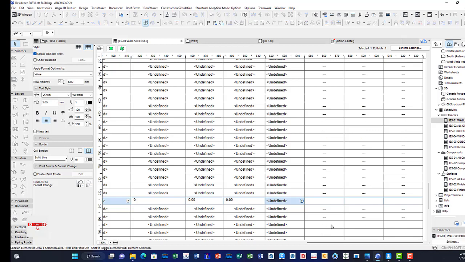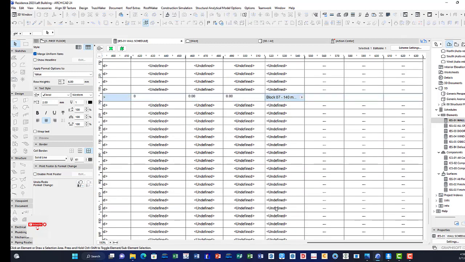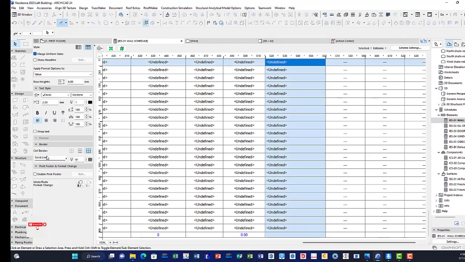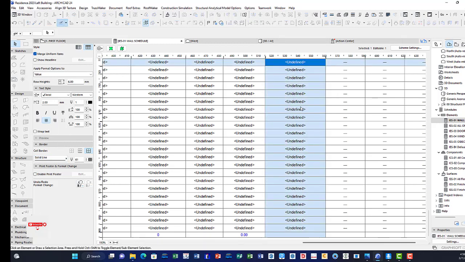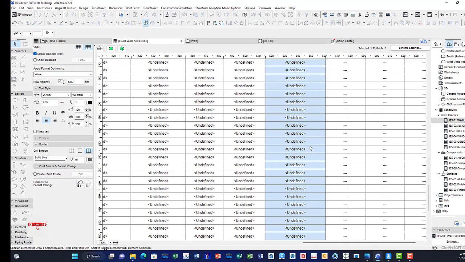Now ArchiCAD is doing its work. ArchiCAD is calculating. It's going to show us what we need. So there is the block, right? We have the block tab and measures like this. I can even stretch it a little bit to expand it, and click on it, so please center it. Then I can scroll up. Or, let's go down a little bit. Okay, here is my block,